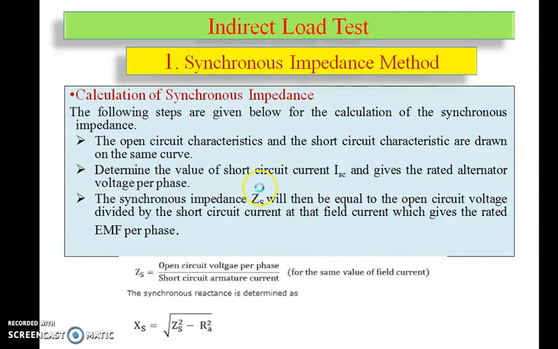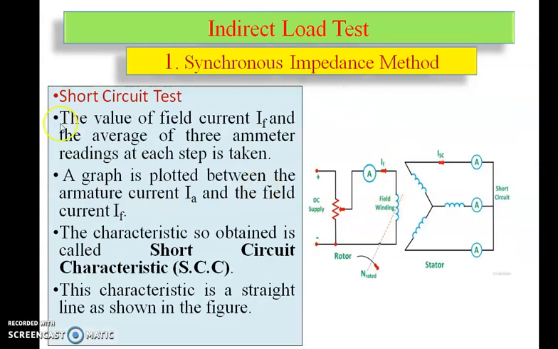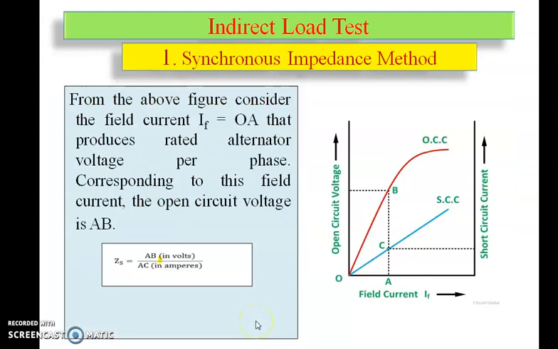For similar values, again you should draw the short circuit curve. The value of field current IF and the average of 3 ammeters is taken, and the graph is plotted between the armature current and the field current IF. Okay, and the characteristics so obtained is called the short circuit characteristics. And this characteristic is a straight line as shown in the figure. That means this one